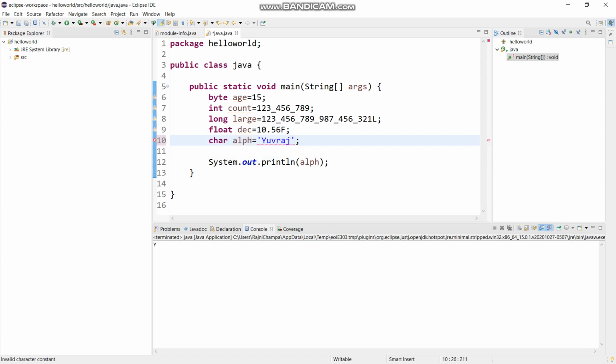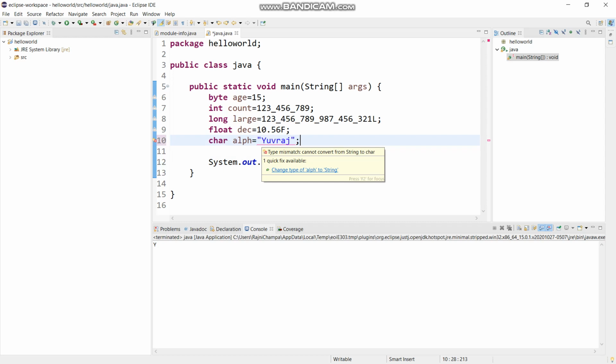Now if you want to display a string, you have to put double inverted commas. I'm writing here double inverted commas, but still it is showing an error. If we press Control plus Shift, here's your error. Yes, now we need to change the character primitive type to string.